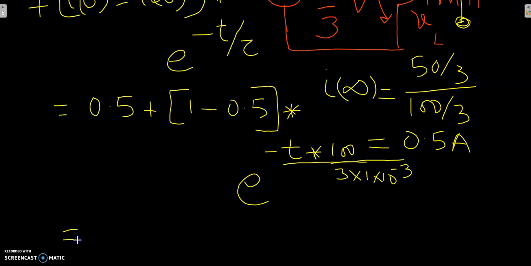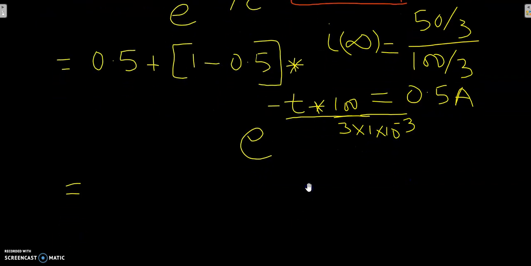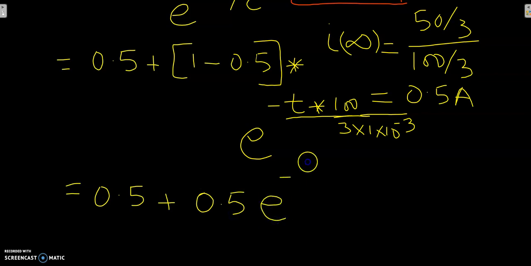Okay, so let me write it down again here. So this is equal to 0.5 plus 0.5 into e to the power minus t